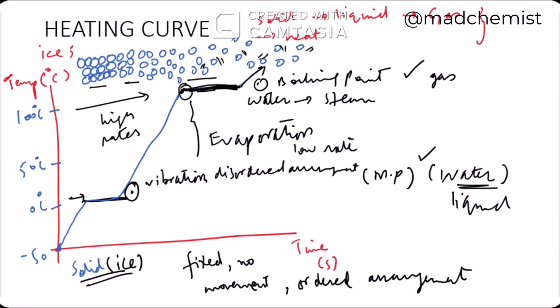And we have taken a look at the arrangement of particles present in the solid state, liquid state, and thus in gaseous form. And we have seen how temperature affects the arrangement and motion of particles, and how this arrangement and motion of particles affect the physical state of matter.